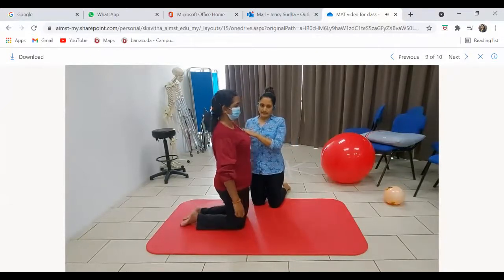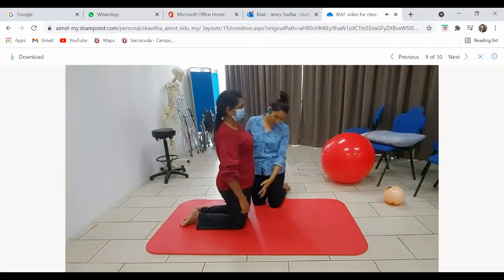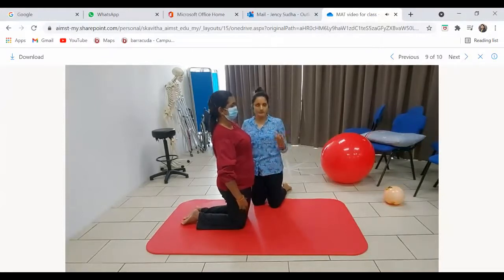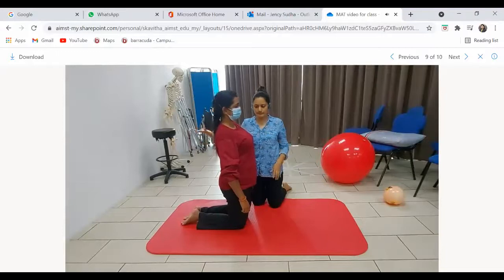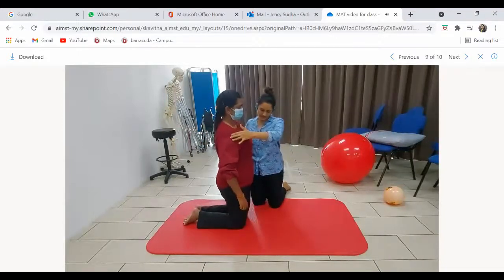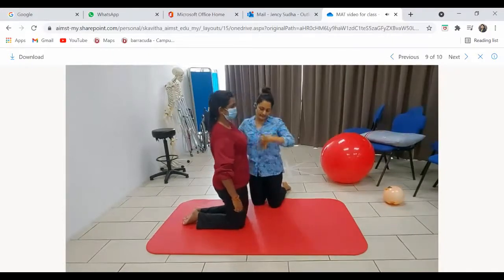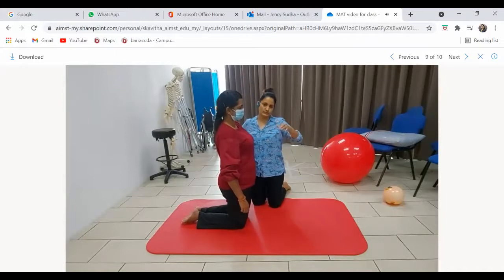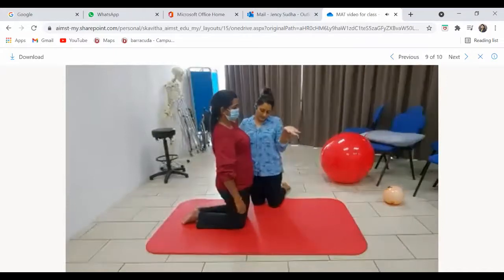Once she gets the stability, with a smaller base of support, you can, if you want, with the eye closed, same stability can be maintained. Once you get the static stability, then the next is the dynamic control. Dynamic control, shifting, side to side. That's the first thing, forward and backward. It takes time, don't just suddenly jump into it. Once the patient is able to shift,